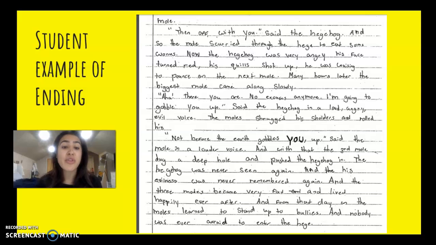And with that, the third mole dug a deep hole and pushed the hedgehog in. The hedgehog was never seen again, and his evilness was never remembered again. And the 3 moles became very fat and lived happily ever after. And from that day on, the moles learned to stand up to bullies, and nobody was ever afraid to enter